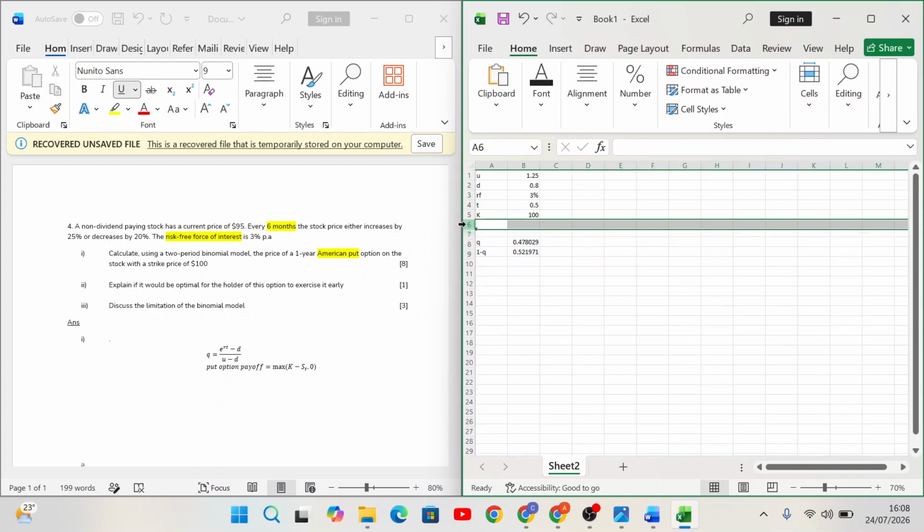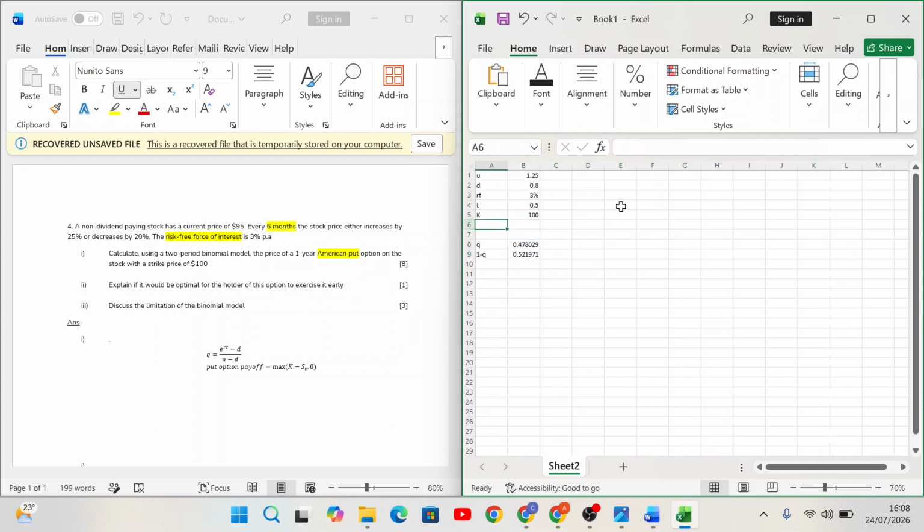Good. Another thing I know I will have to use is the discounting factor. So I'll just write discounting factor there. That will be the exponential of, since I am discounting, minus the time multiplied by the risk-free rate of interest. I know I'll have to use that somewhere. Okay, so again,